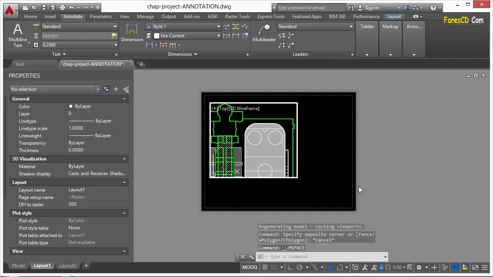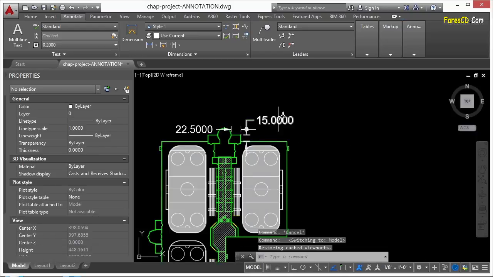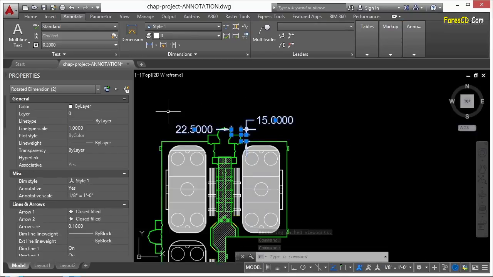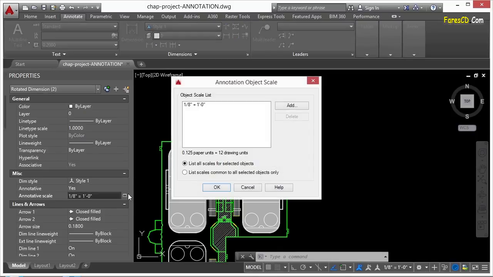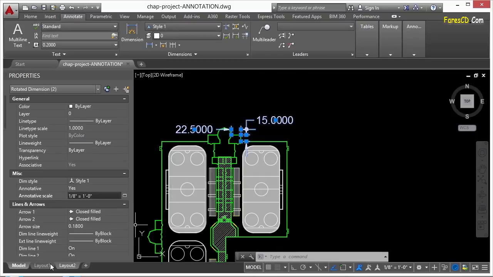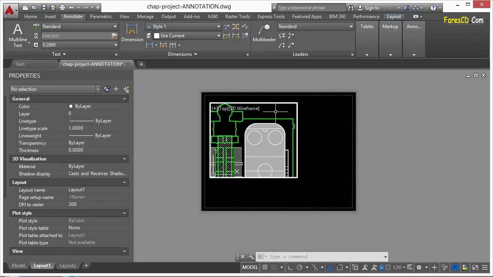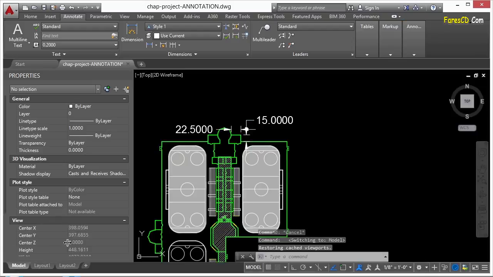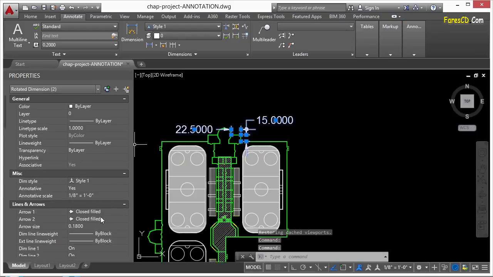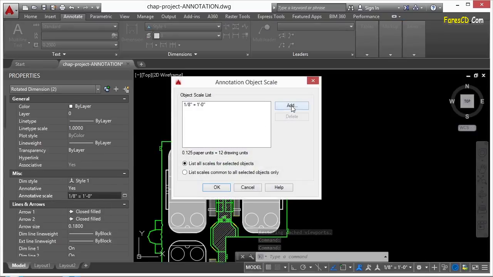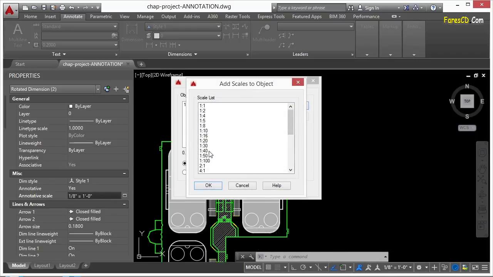Well, I see in my layout here that I'm not at the right scale. So I need to do a couple of different things. I need to select these two dimension styles and make sure I add the proper annotative scale to that. And if we're not sure what it is, we can always go back, activate the viewport, look at the current scale. It's a 1:30. So I select these two objects again, go to my annotative scale, click add, find the 1:30, select it, click OK,